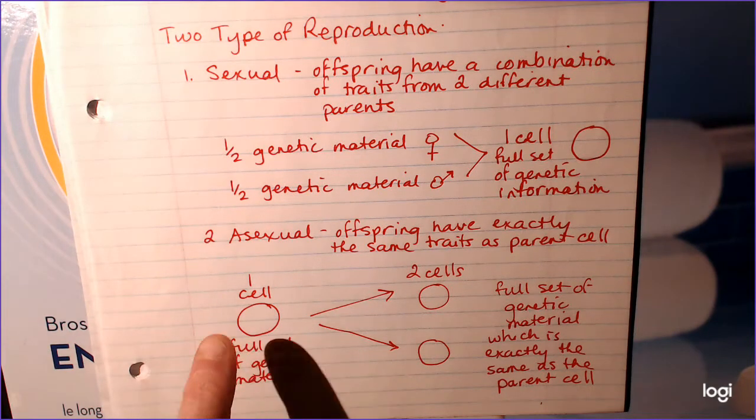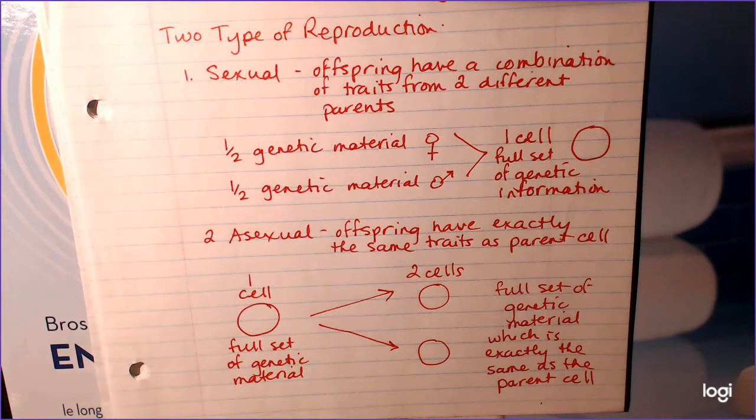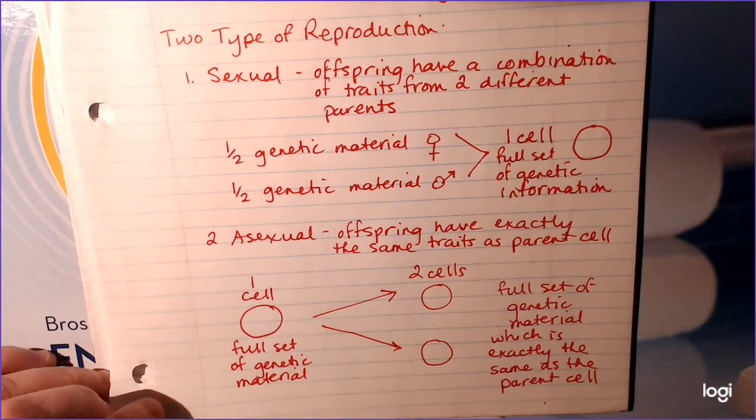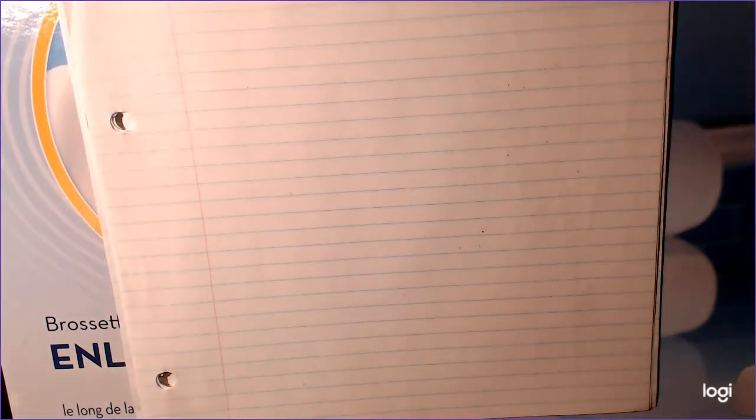So we're going to talk a little bit about how all this happens, because it just doesn't magically happen like, boop, it pops into two. There's a whole process behind it. And that's going to be called the cell cycle. Alrighty, so I have to get another page. So for the cell cycle,